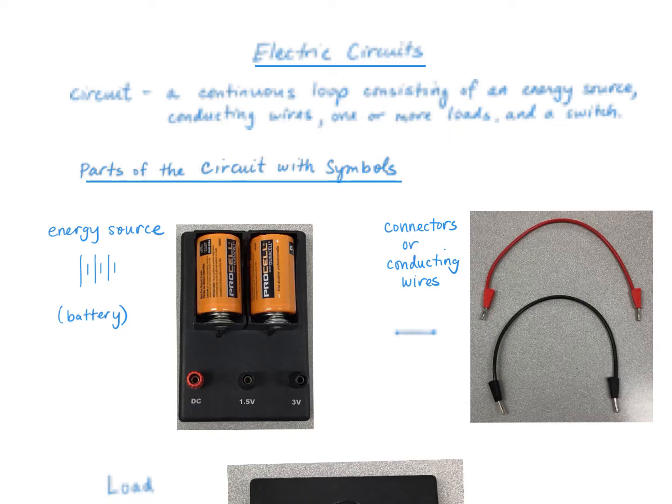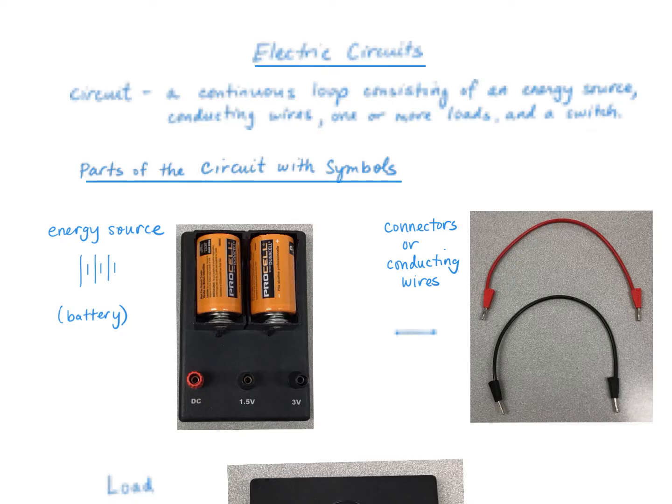Now, the switch can be open or closed. We'll have a look at what that looks like. When the switch is closed, then the loop is continuous. So you're going to need to be able to build a circuit, and I've taken photos of the circuit components that we have, and I'm indicating what they're called, what their symbols are, and what their function is in